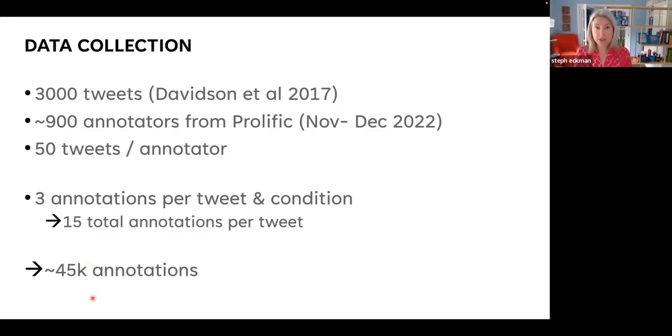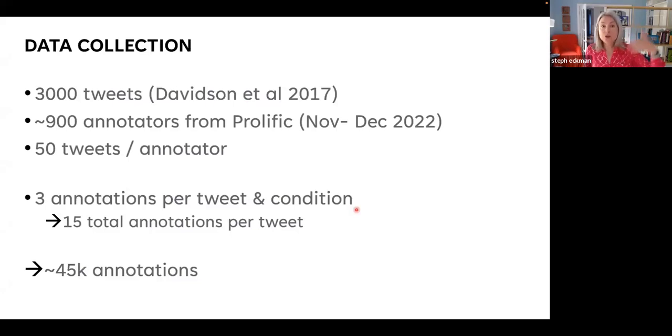Now, this is not really the way you would do this if you were trying to develop a hate speech coder. This is many more annotations than you need, but really we're trying to study the difference between these conditions, so we needed all of this different kind of data. With this, we can first of all look at how the labels differ by condition. Do you get different rates of hate speech labeled in condition A versus B versus C and so on, or offensive language? And I'll show you those results.